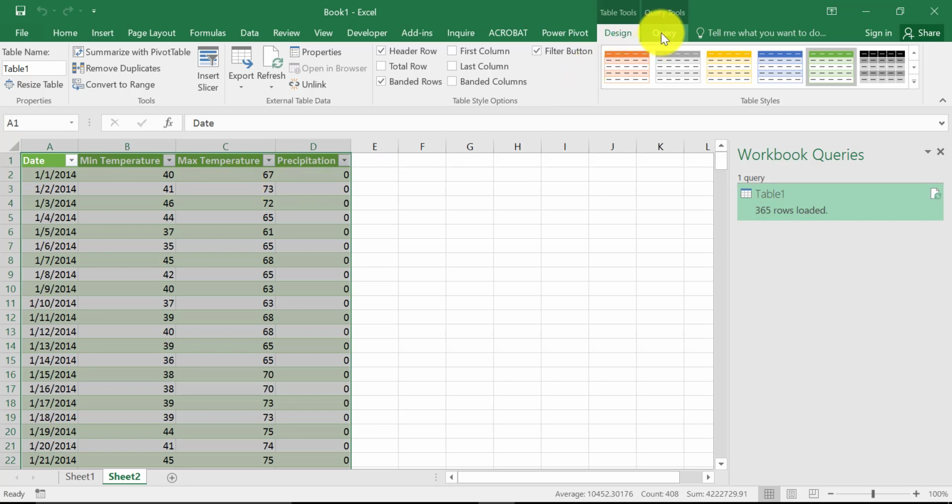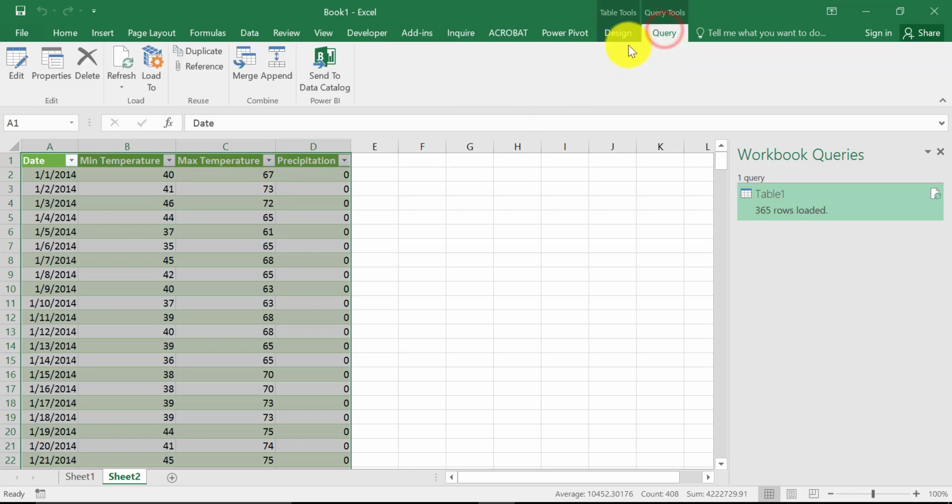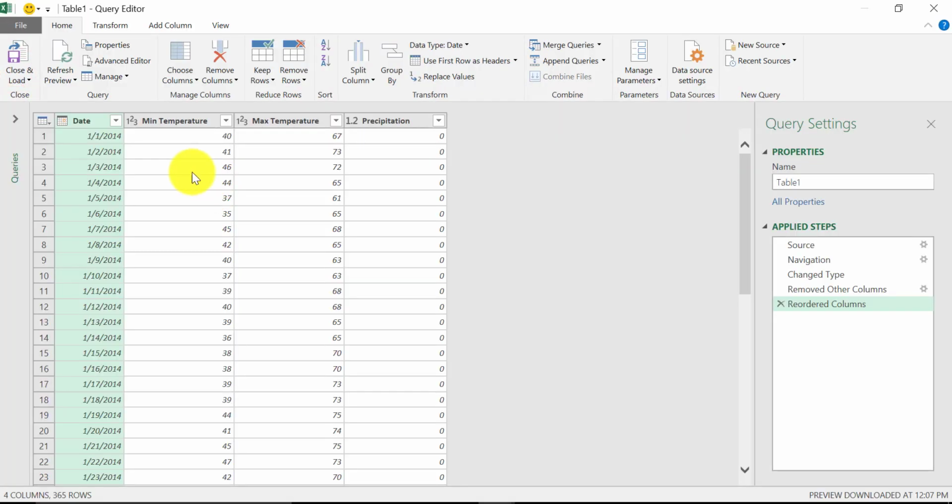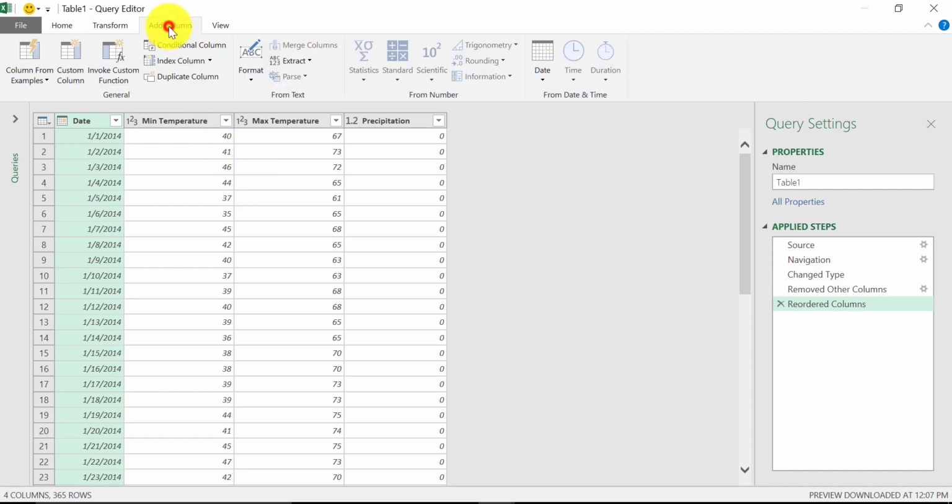Notice we have a query ribbon here where we can go in to edit this query if we would like to. In fact, next up we're going to add a new column, so let's edit. Here we're back to where we were earlier. Notice it's recording the steps over here that we've taken. And we're going to add a new column. So add a column, custom column,